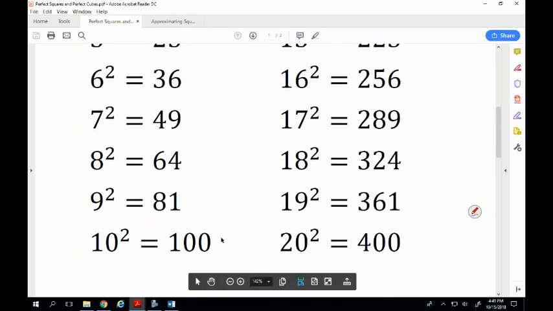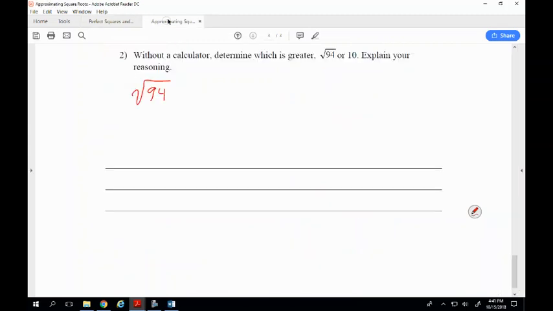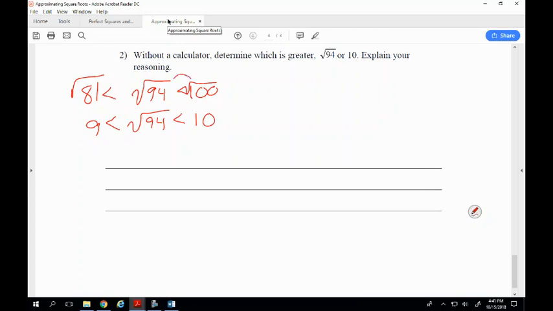Okay? So let's flip back. 81 goes on the left. 100 will go on the right. We take the square roots of each one, which gives us 9 and 10. So 94 to 100 has a gap of 6, and over here we have a gap of 13. So we're going to be close to 10,